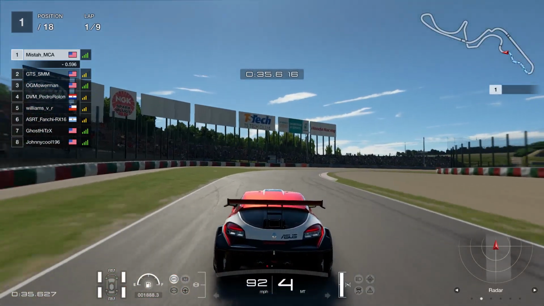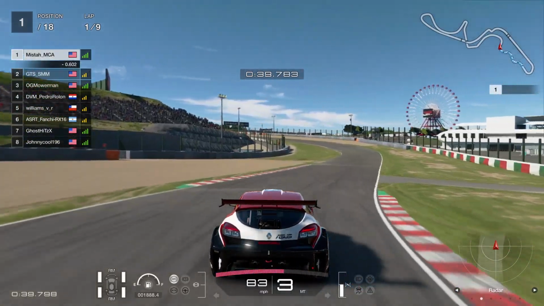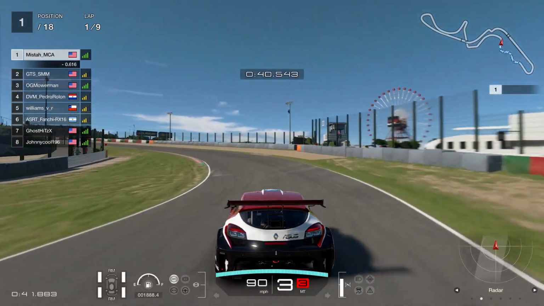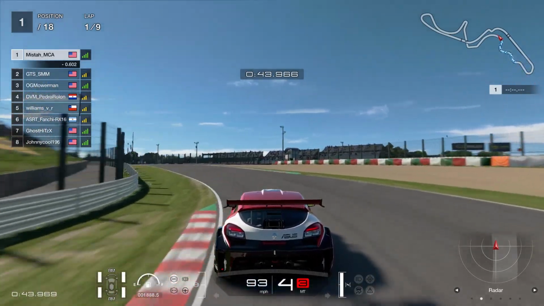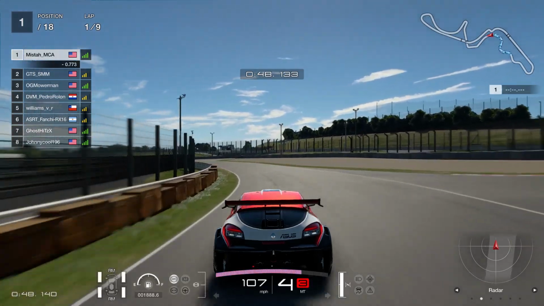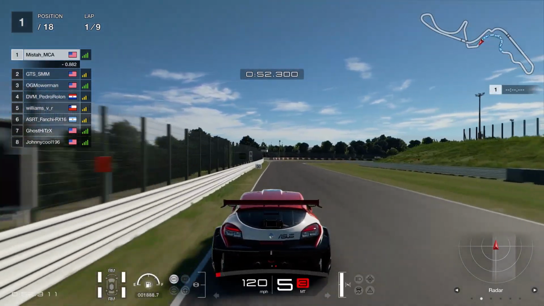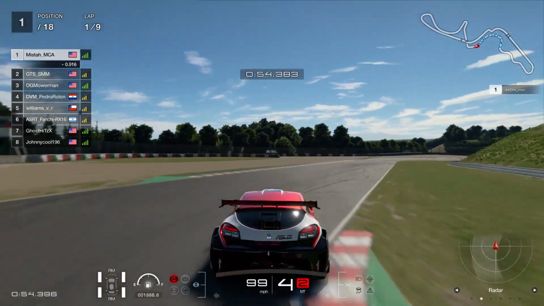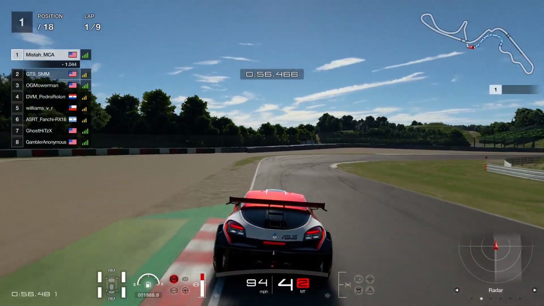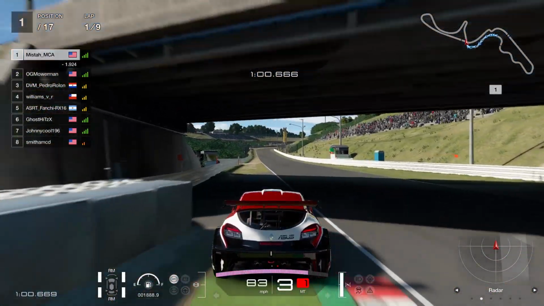You're not going to be able to recover all of those positions you lost in the pit stop. So you want a car that is good on tire wear. For example, the Renault Megane Trophy, keyword Trophy, the Toyota 86, and I think the Ferrari 458 Italia is also decent when it comes to tire wear. But for the most part, the Megane Trophy is pretty much going to be your go-to car for good tire